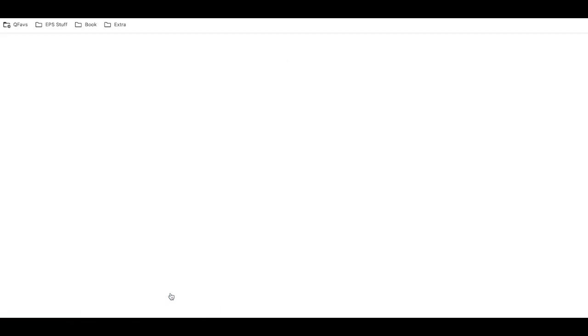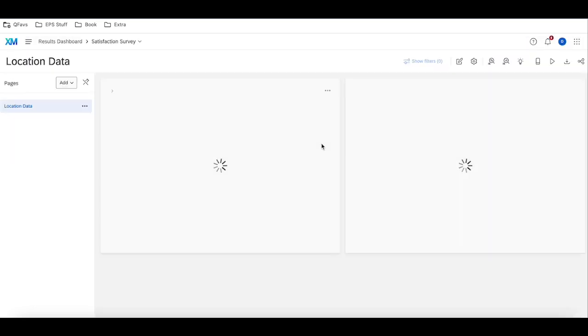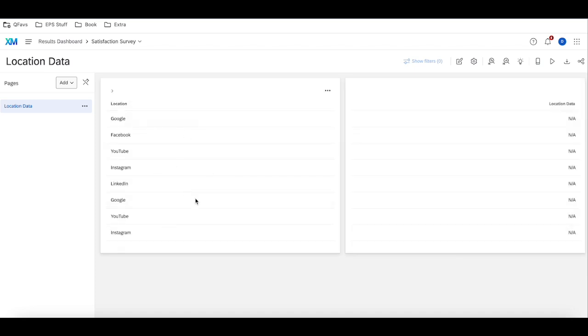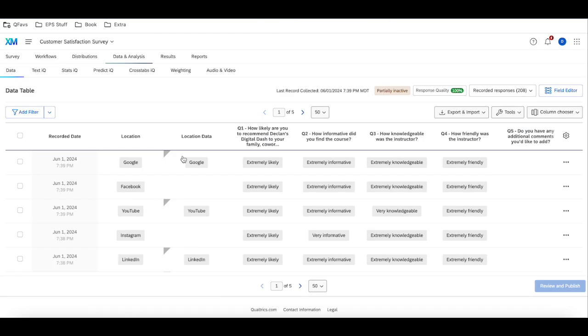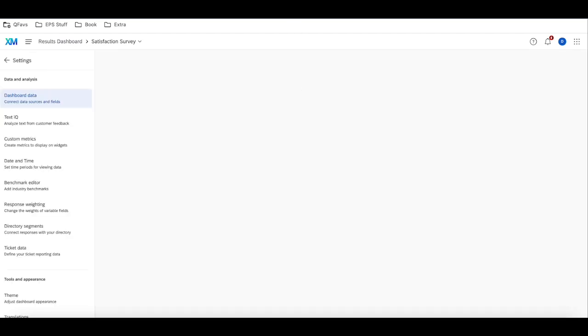So, as we saw in the first example in the last video, we have two widgets here where one of them shows the data as we expect and one of them doesn't. Now, in the last video, we got this data to show up by adding data to location data in our survey. And the way we did that was to first head into the dashboard settings,